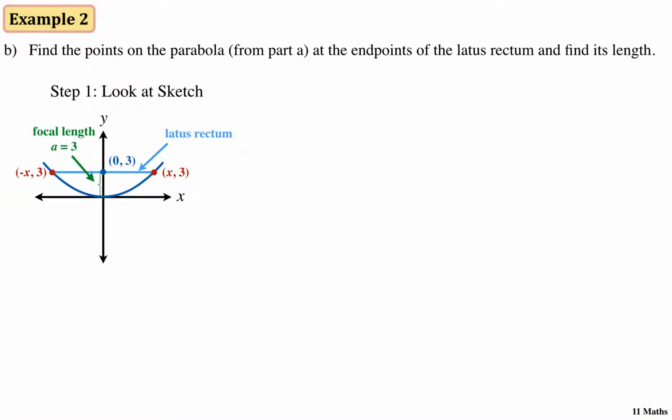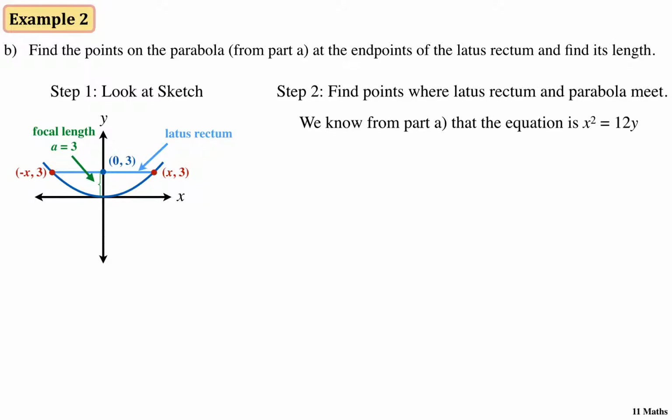So let's continue and see what happens now. What we're going to do is find those endpoints. We know their y value is 3, but we don't know the x values. So let's do a little bit of substitution. We know the equation, because it was written in part A, of the parabola as x squared equals 12y. So let's substitute one of those 2 points, it doesn't matter which one, I'll choose the positive point, x comma